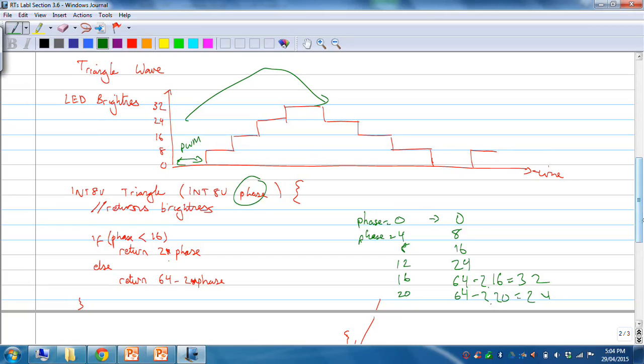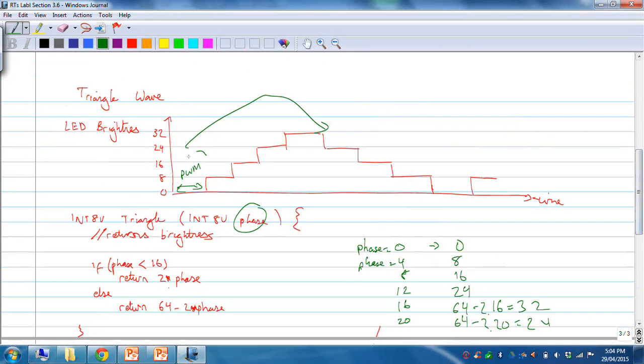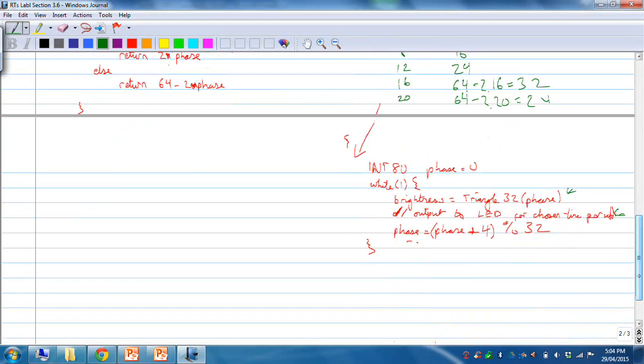And then if you want to create this into code, into your final thing, the only thing you have to add is, okay, work out my brightness value and then output it for a chosen period of time. So output it for this amount of time you have to choose. Now, how do you do that? You might want to put, say, a for loop around